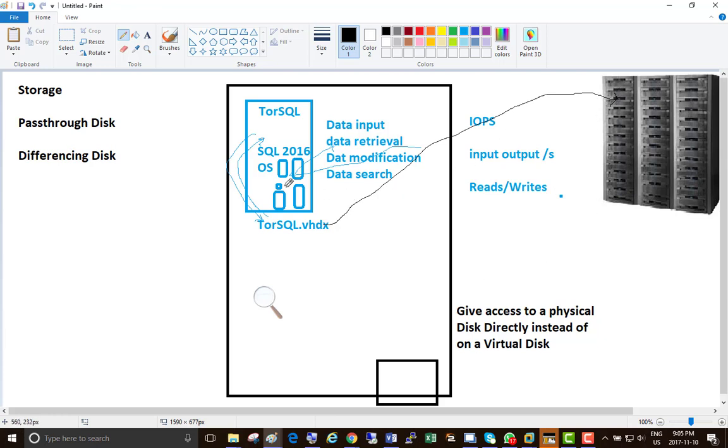But what if you are sending those reads and writes to the virtual disk, and it goes to the hypervisor, then the command goes to the virtual disk, and then it translates it to the storage, and then the reads and writes are going. So instead of going through these things, why don't you